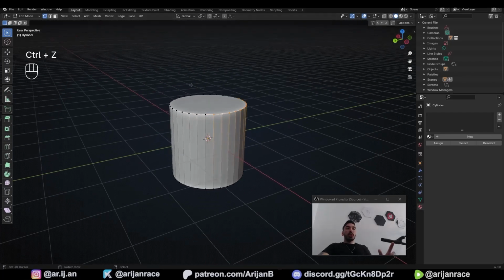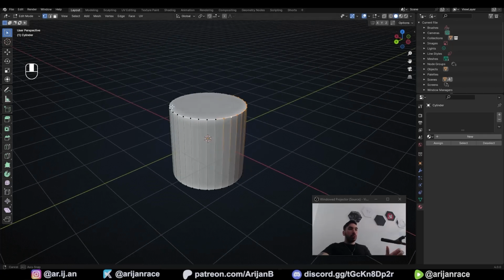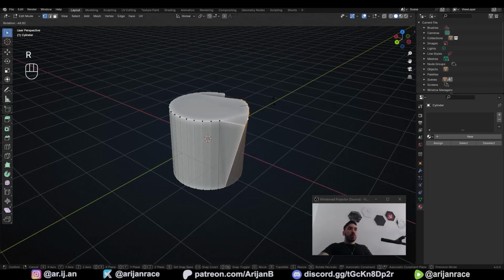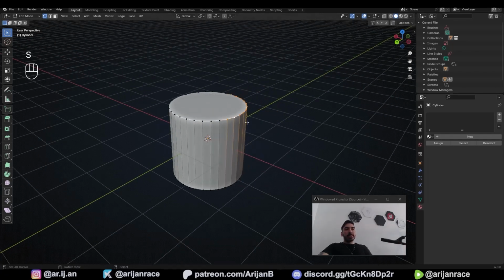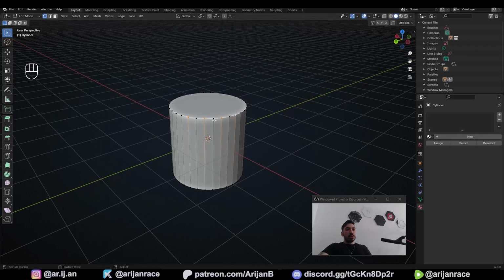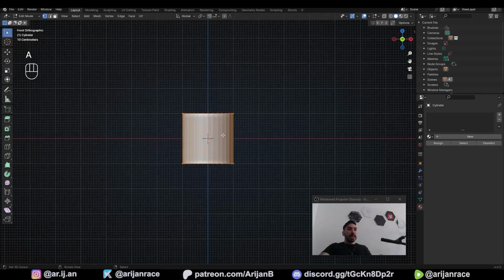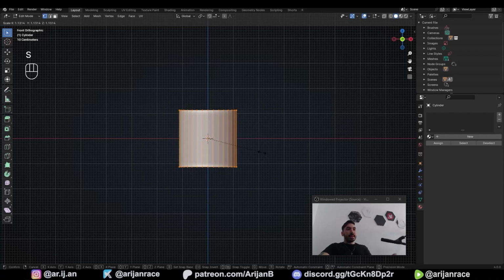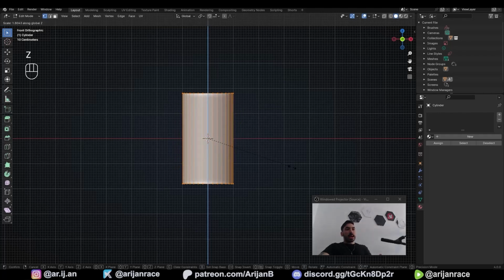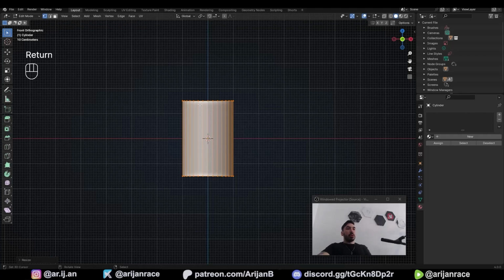Now in edit mode, the controls are exactly the same as in object mode, which means you can move with G, you can rotate with R, or you can scale with S. The selection tools are exactly the same. You can select everything with A. So for now, we're just going to go to front view, select everything with A, press S to scale, then Z to only scale on the Z axis, and we're going to type in 1.5 to make this bottle 50%